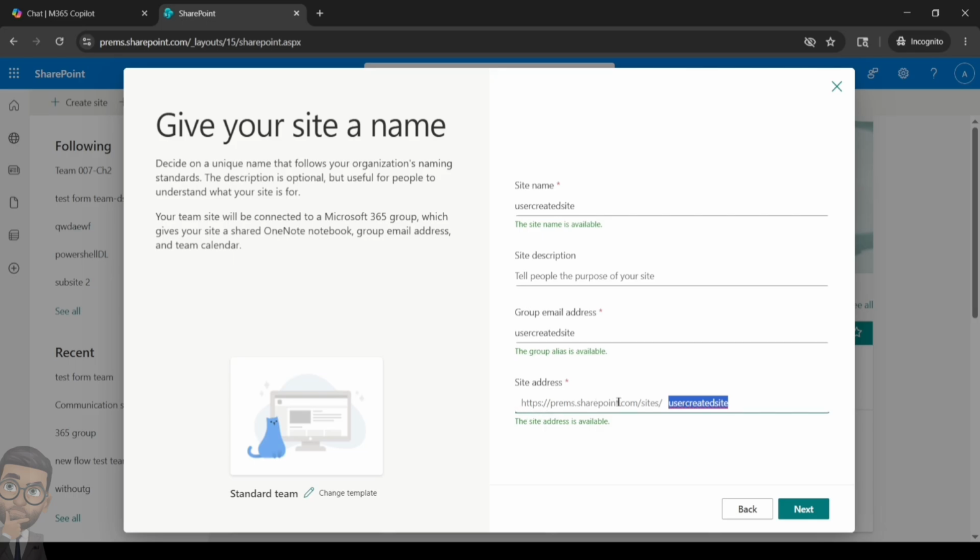So this part is by default for every site in the organization. Only the last part is changed. So for you, it will have the company name.sharepoint.com slash sites slash the name which you are providing. We'll simply hit next,